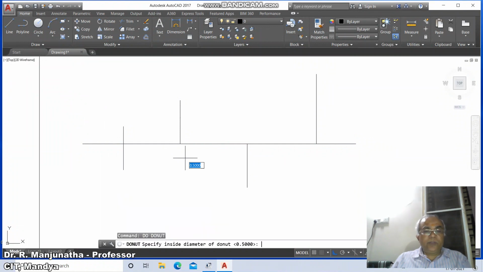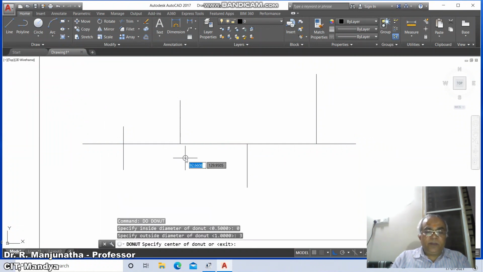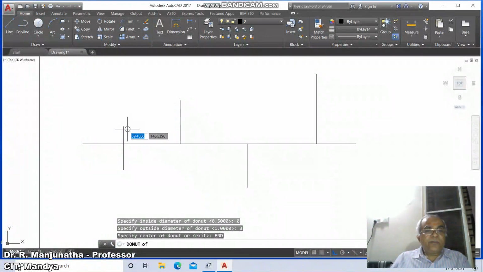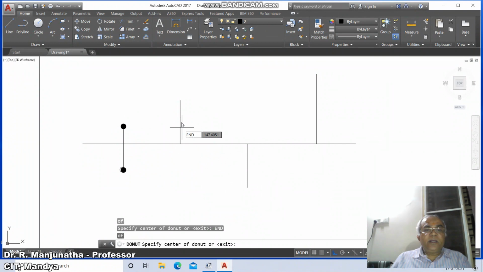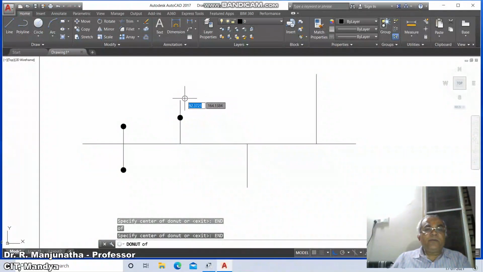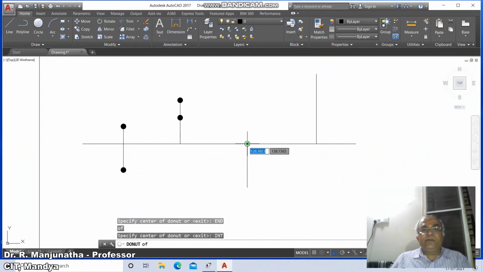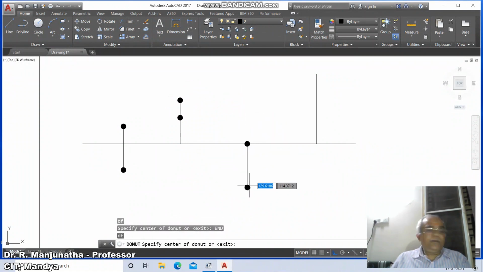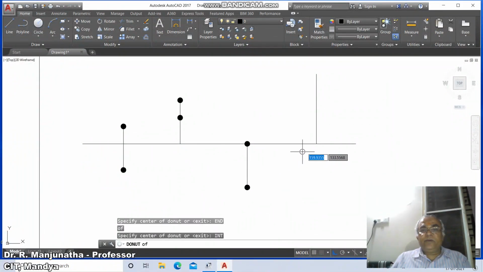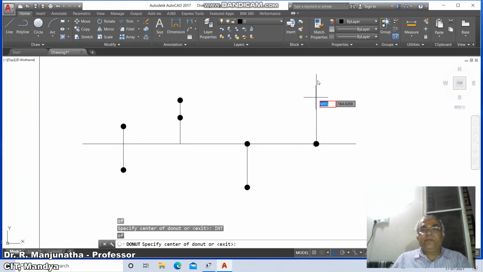Then go to donut, take 0 and outer diameter as 3, take endpoint of this and then endpoint of this, similarly endpoint of this and also endpoint of this. Similarly you take intersection point of this and endpoint of this, then intersection point of this and endpoint of this.